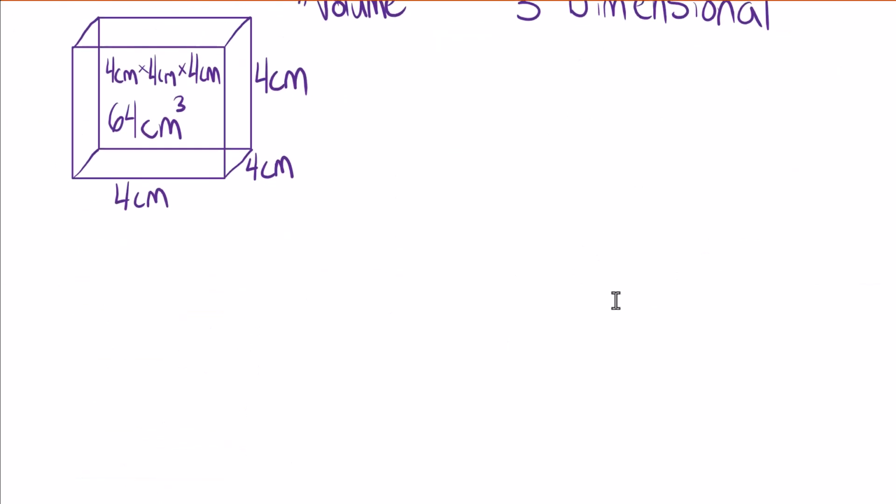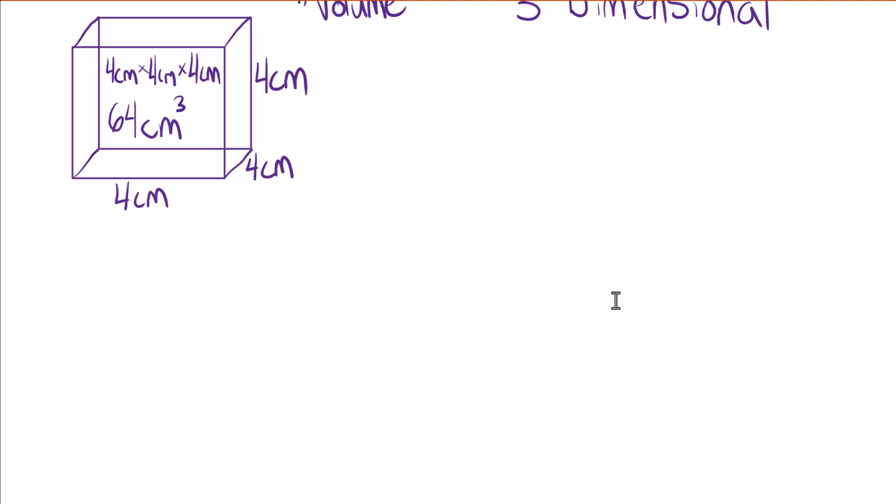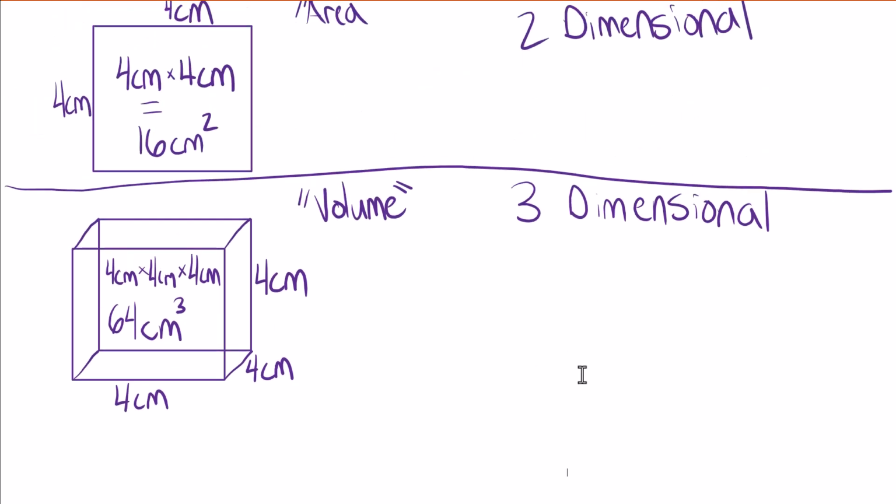If you wanted to measure this in inches, a 3-dimensional inches unit would be inches cubed. With one student, I measured it in pickles. A third-dimensional pickles measurement would be pickles cubed. How many cubic pickles makes up a 3-dimensional space? So with this in mind, hopefully this can give you a better idea of the progression of units in our